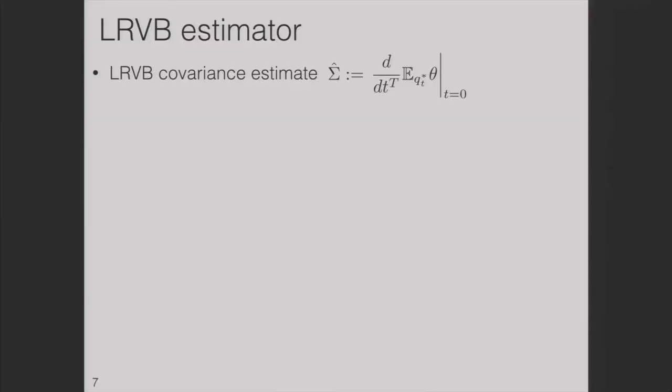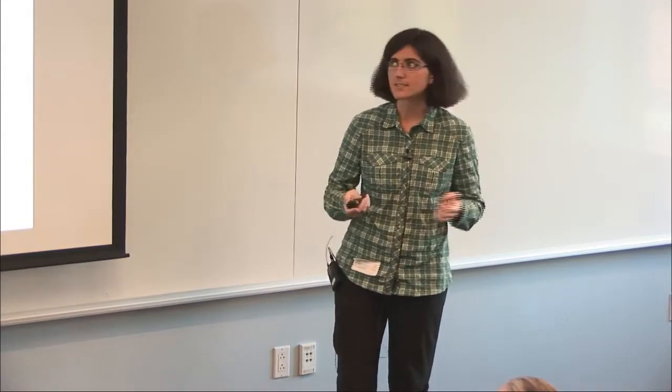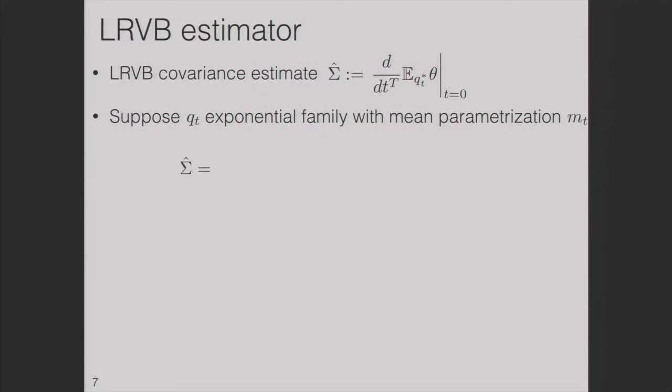And I'll basically just say, okay, let's think again about what are the nice distributions. Well, nice distributions are where I can calculate means, covariances, normalizing constants. Sure, low-dimensional distributions are pretty nice, but exponential families are really nice. That's where I can just super easily get all the things that I want. It's a one-stop shop, so let's suppose q sub t is in the exponential family, and realistically, this is what people do in practice. So if we do that, then we have some mean parameterization, m sub t,